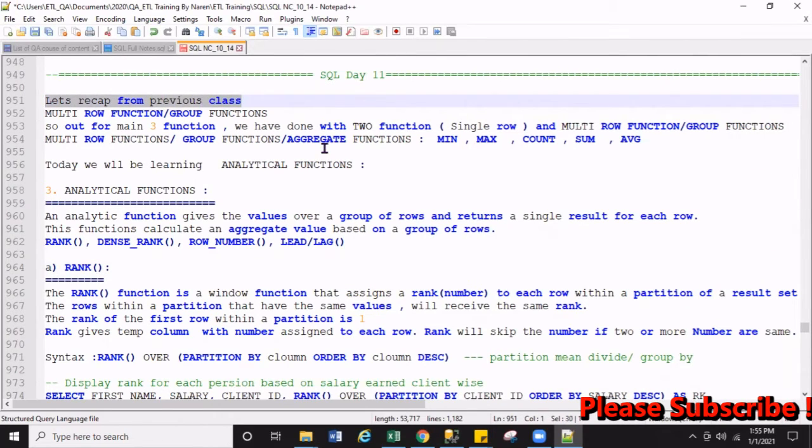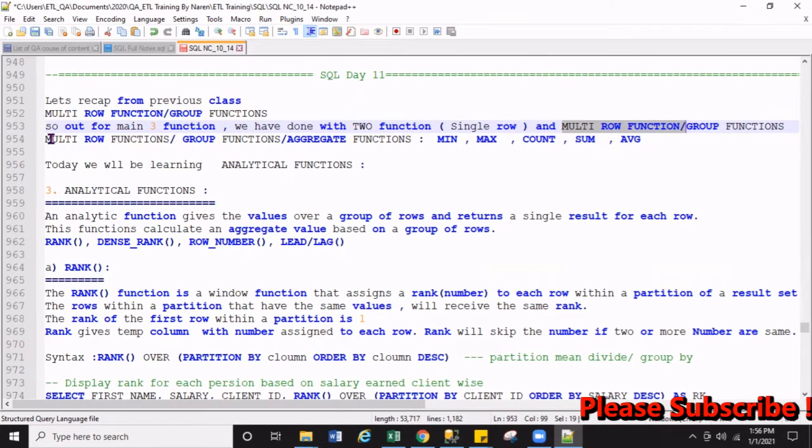We have learned multi-row functions, which are also called group functions or aggregation functions.